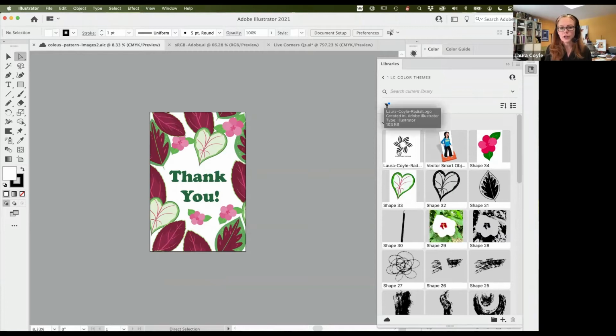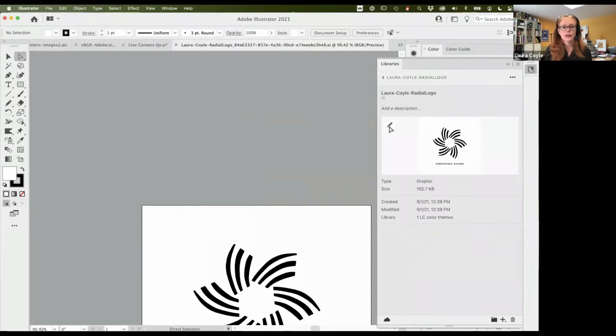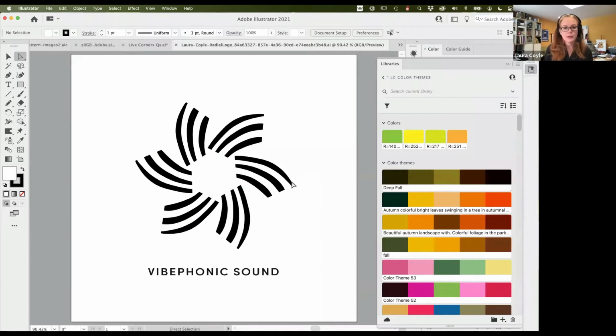And if you hover, you can see this one says created in Adobe Illustrator. So here's another one, created in Adobe Illustrator. And this one is called a shape. So I know that means it's created in Capture. If I go here and double click on it, I can actually edit the version of this that's in the library by clicking on this pencil icon here. It says open source document. If I click on this pencil, it opens up the document, this logo file here,